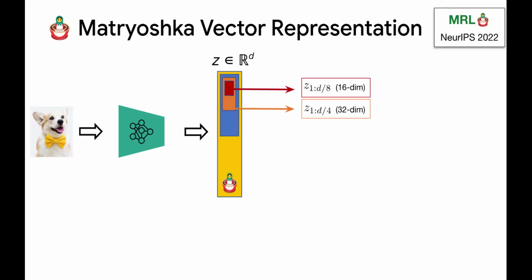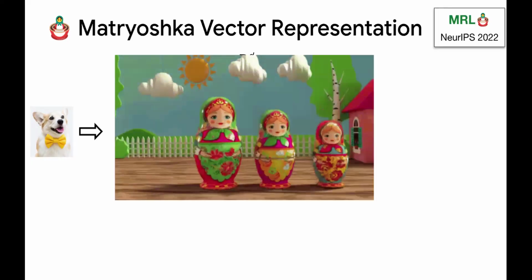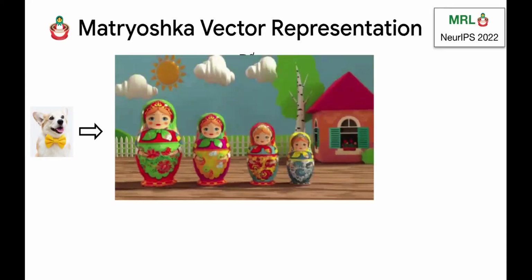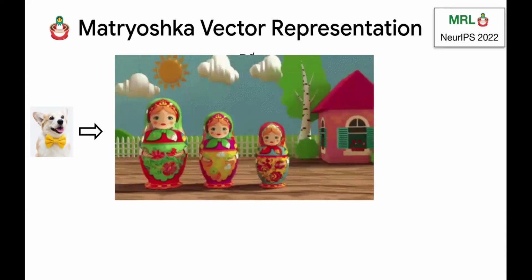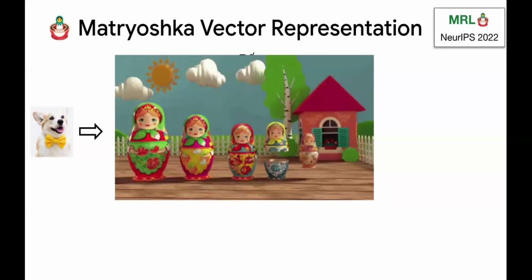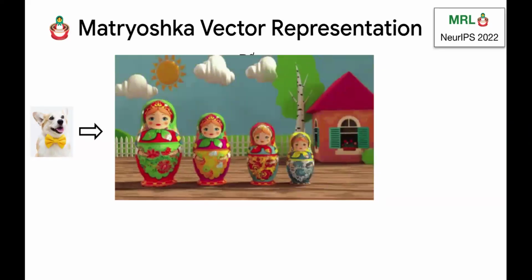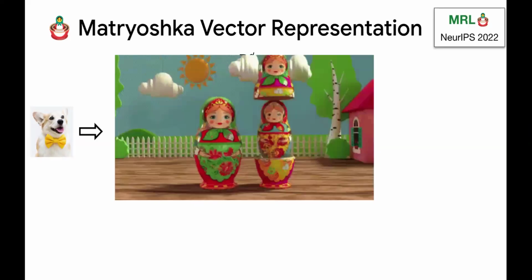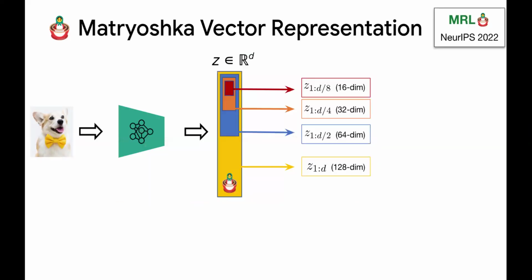And you can use these varying dimensionalities, which look like the Russian nested dolls, as a proxy for understanding how much information we are storing. So the smallest doll can help you identify what kind of a doll it is, high-level features. And the largest doll has all the semantic information you need to perfectly reconstruct.